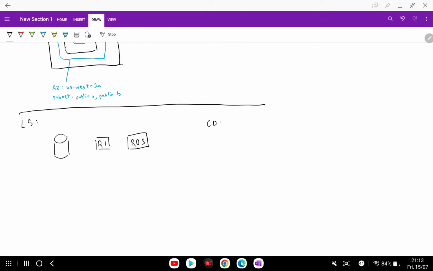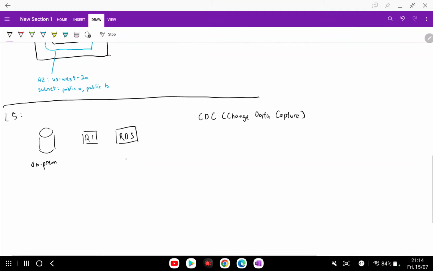The CDC method is actually what we call change data capture. So we replicate the data from on-prem to the AWS RDS using this change data capture method,